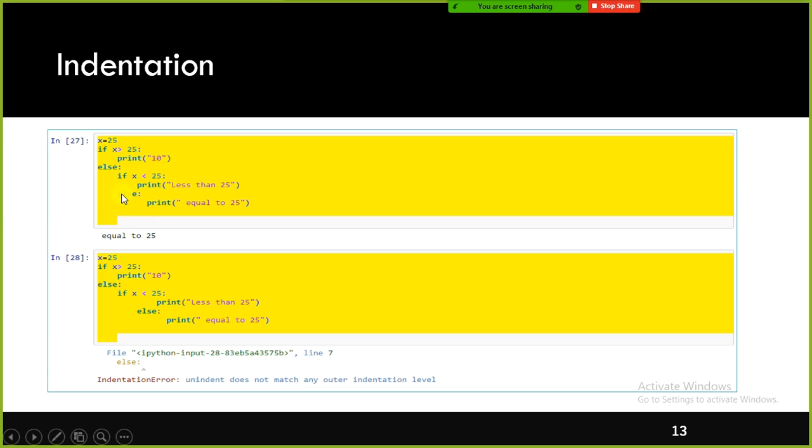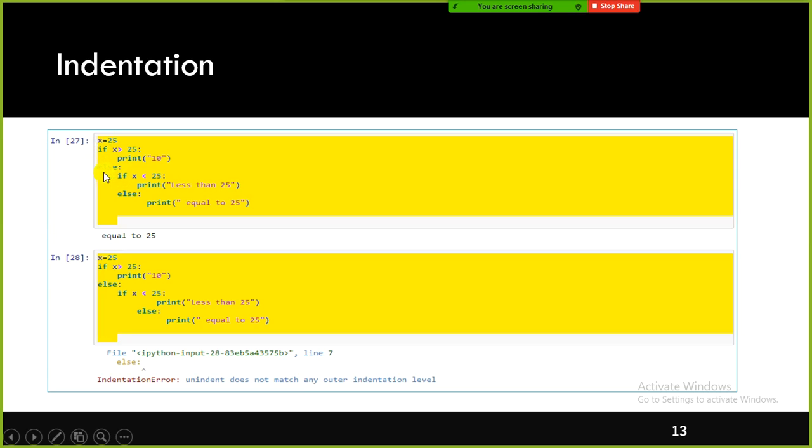So these two, if else, nested if else, right? Here we have if else, but this else has to be typed in line with this if, and you are not supposed to leave any tab here. Please note this one.